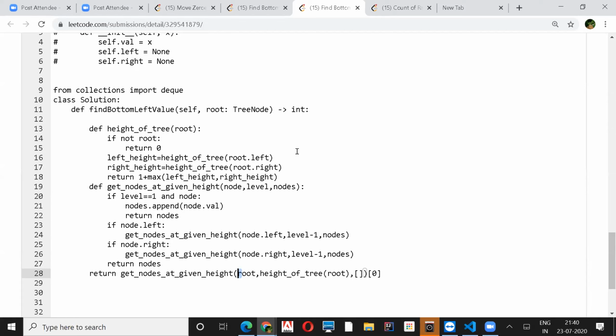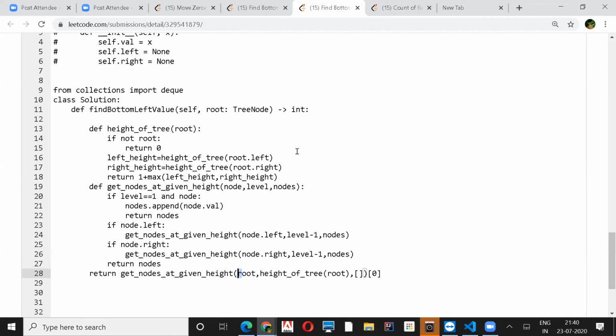So can we return here only, like if node dot left, then at line 24 return this, and if node dot right, return this, instead of returning at 27? Yeah, we can, but I have to modify it here, at line 27. I don't need to return nodes at that place.